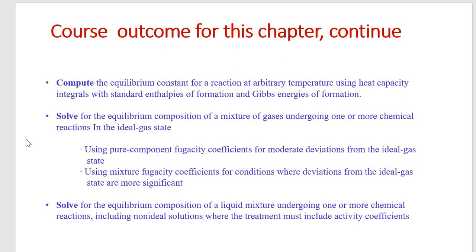These problems will require a little bit more time, and you can achieve this. So this outcome also could be covered.